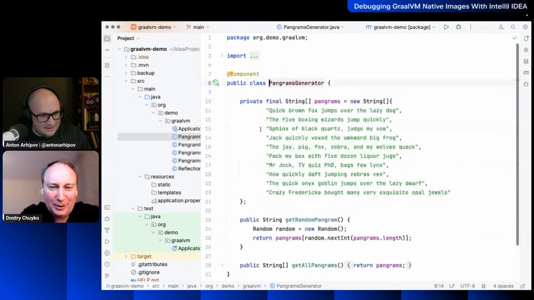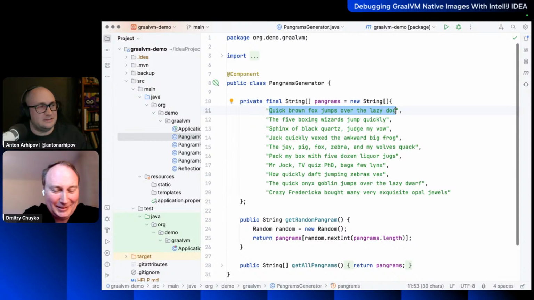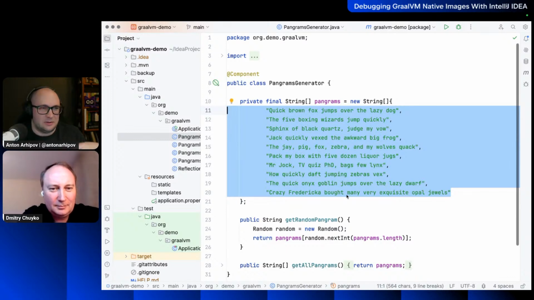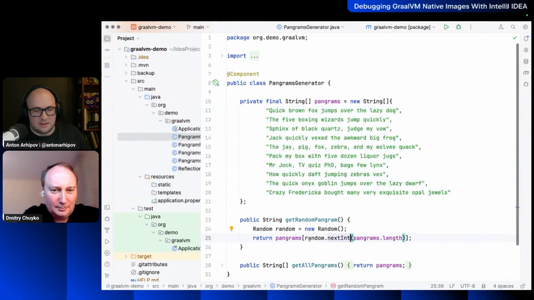So anyone should probably have already spotted them. Yeah, like "the quick brown fox jumps over the lazy dog" is the famous phrase for testing font types, as far as I know, right? And there is more. So I just have an array of predefined string constants that I'm going to somehow access either via the index